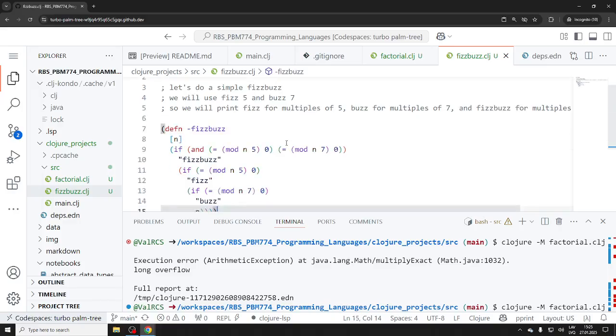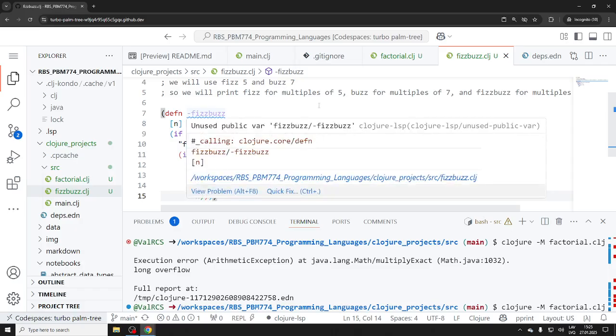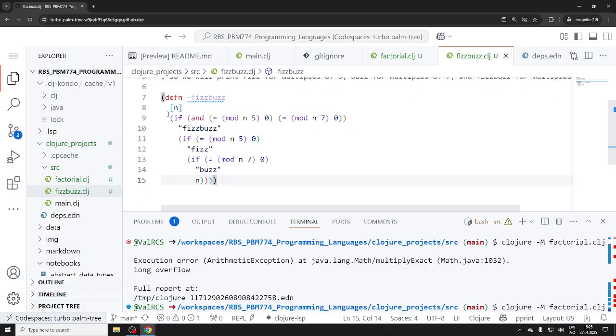So let's see. This actually I think is a little bit too much. We are not using it, right? Fizzbuzz is not called. So let's take a look. It's going to be a parameter, right? So what's happening here? If